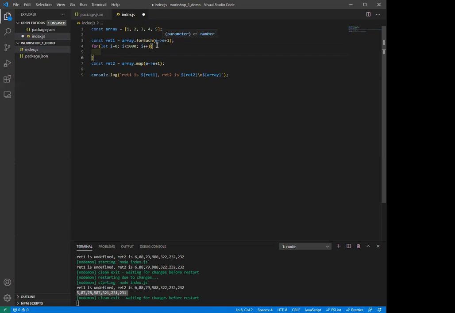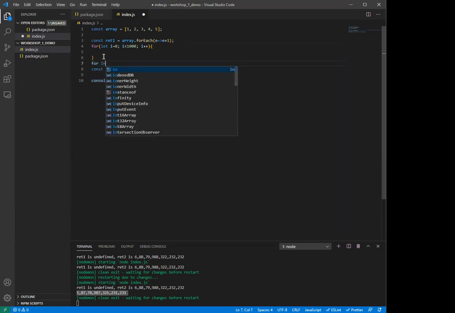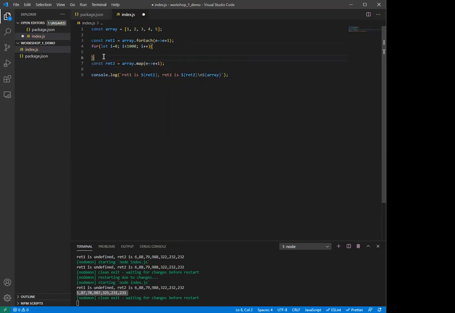But in the map, we cannot make a break. That means neither can you with the forEach. There are other loop syntaxes in JavaScript, for in, and then I think it's for of. But I don't want to cover that now. I hope you'll cover that with Eduardo. Otherwise, I'm going to probably have a third part for this. But anyways,